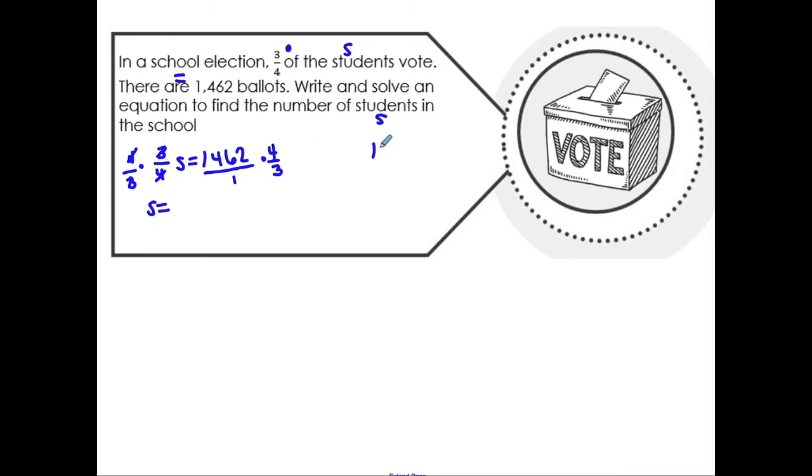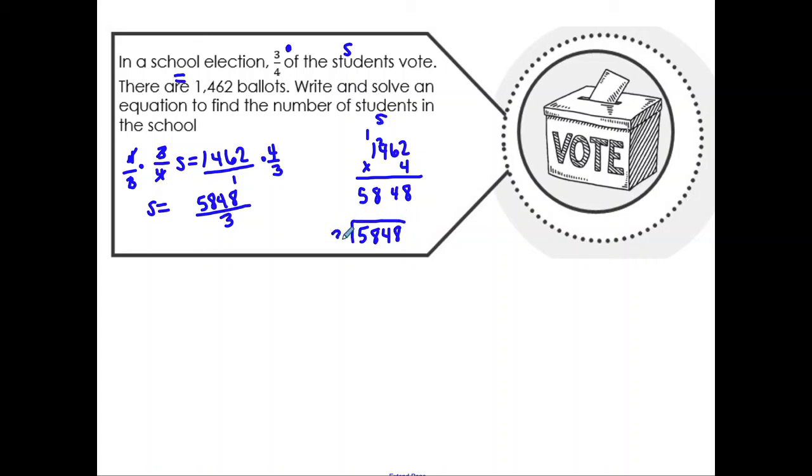1,462 times 4. It's a pretty big math problem, so I am going to need to actually write it out off to the side. 2 times 4 is 8. 4 times 6 is 24. 4 times 4 is 16, plus 2 is 18. 4 times 1 is 4, plus 1 is 5. So now I have 5,848. 1 times 3 is 3 over 3. So now I need to do the division. 5,848